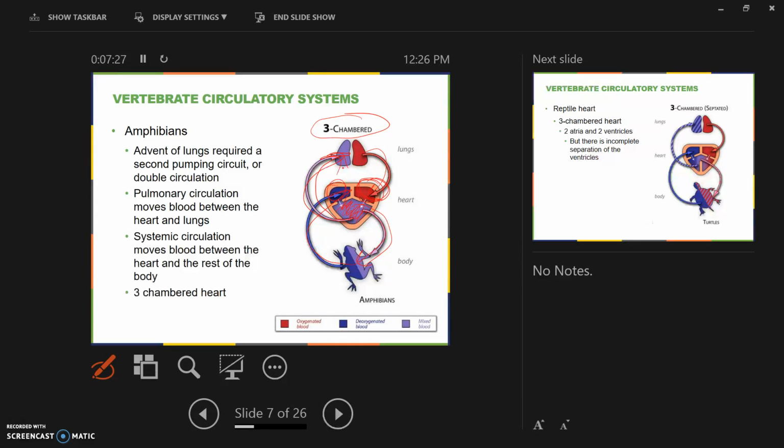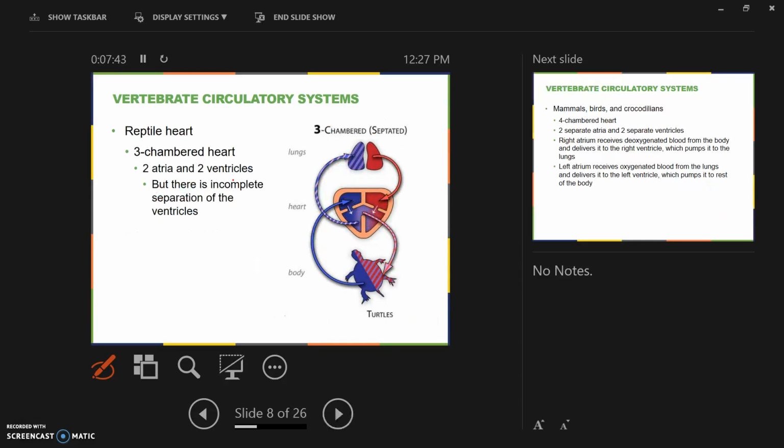So there is a pulmonary and a systemic circulation. Pulmonary is the circulation that carries blood to the lungs, and systemic carries blood to the body systems or the rest of the body. We call this double circulation. The reptile heart is still a three-chambered heart,